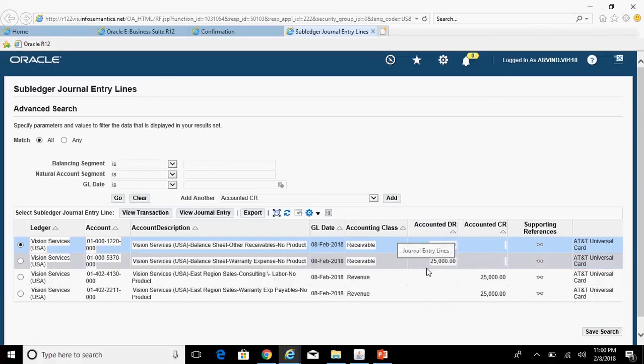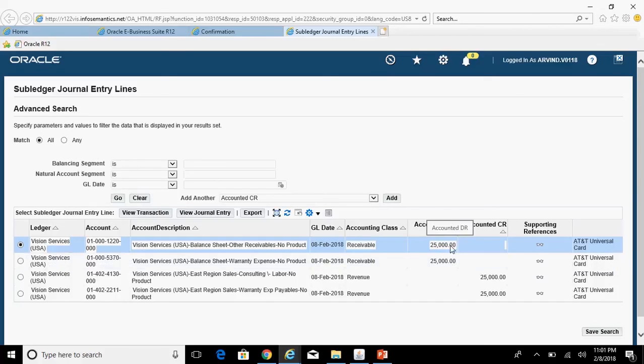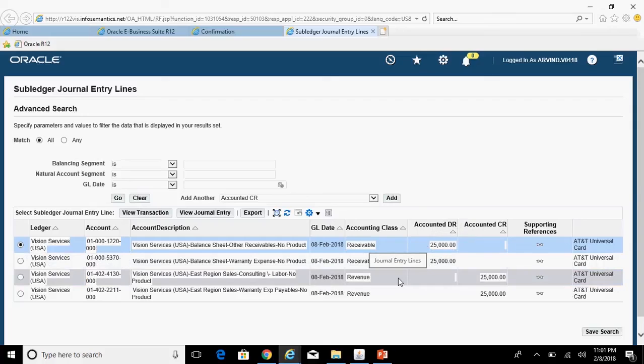If you got such kind of a requirement of some percentage of the invoice amount, then you need to do an additional complex customization of the SLA rule, wherein through a custom source, you need to store that particular percentage and customize your application accounting definition accordingly, your accounting attributes. But in this example, I just assume that your warranty expense account will be same as that of your receivable or revenue account. So this is how you should be able to create additional SLA lines based on your requirement.